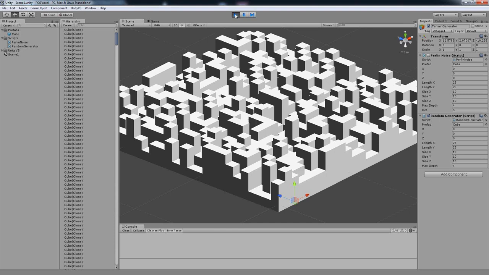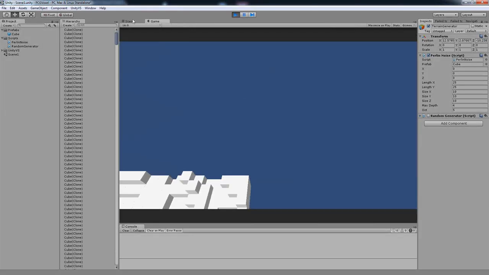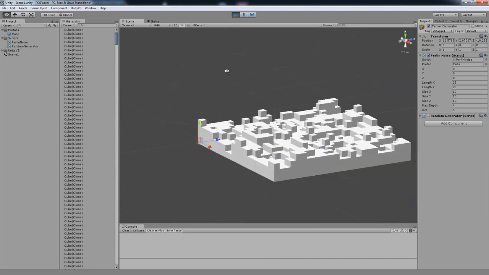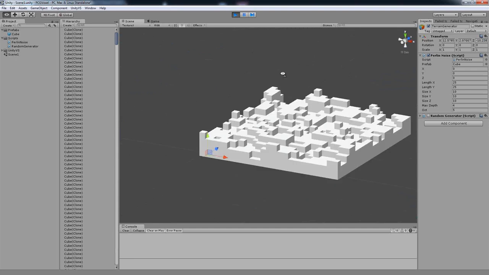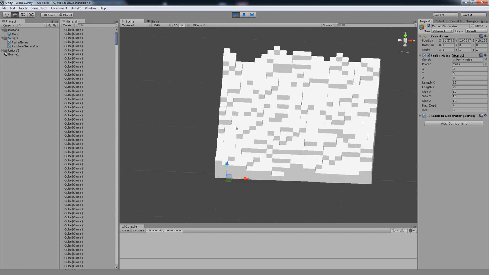So let's do something a little bit more sophisticated. We're going to turn the random script off, and we're going to turn this one on. Right? If we generate that, straight away you can see that there's more order to it, and there's more structure to this world. There's hills, and the hills are more clearly defined, and you can see that there's a valley here coming around. All we've done here is implemented a system of what's called